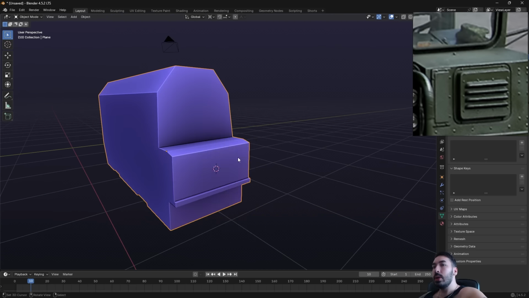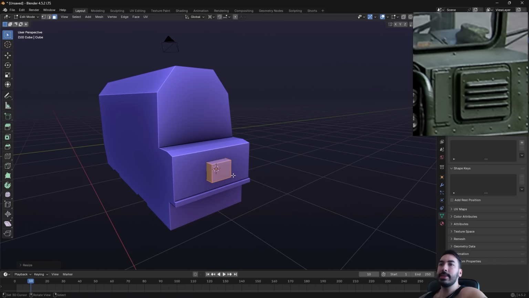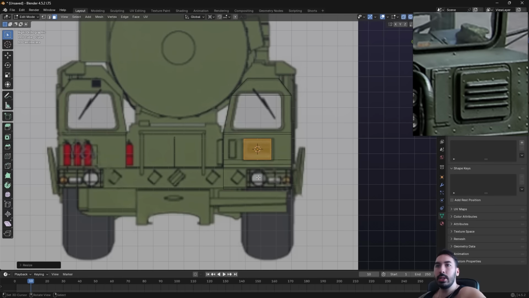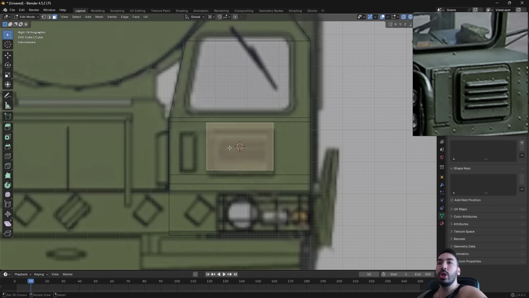So here's how we're going to do that. We're going to add a cube. We're going to scale that cube down, scale it up a little bit on the y-axis. Let's say it's going to be something like this. Maybe we can even see this in a reference image. There we go. And we're going to use this cube to cut out the shape that we're supposed to have